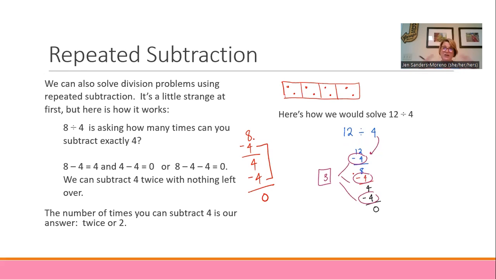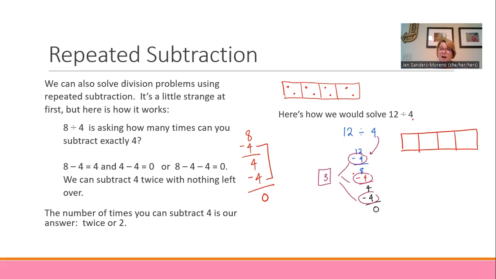Okay, notice that each person in my tape diagram got 2, and notice that I subtracted 4 2 times. So what this subtraction is doing is it's saying, hey, I handed out one group of 4, right? Everybody got 1 each, which was a total of 4, and then I did it again. So for me, repeated subtraction kind of works best illustrating it with handing out a tape diagram, and then you could just practice it separately. So for this problem, again, if we're going to illustrate what's going on,